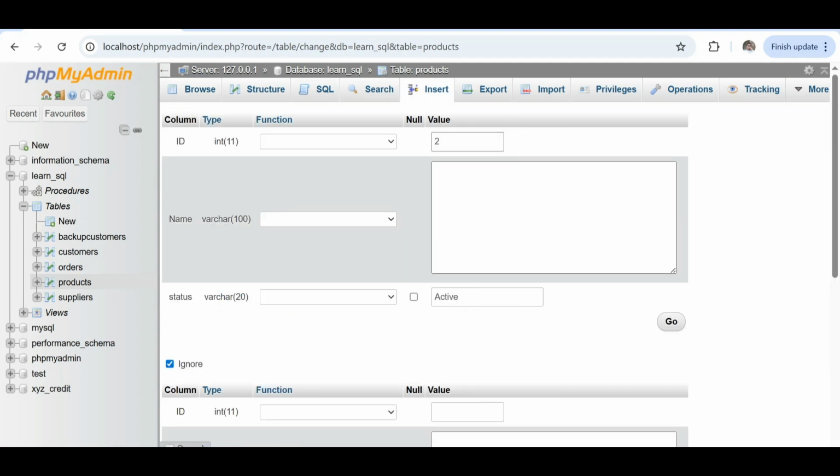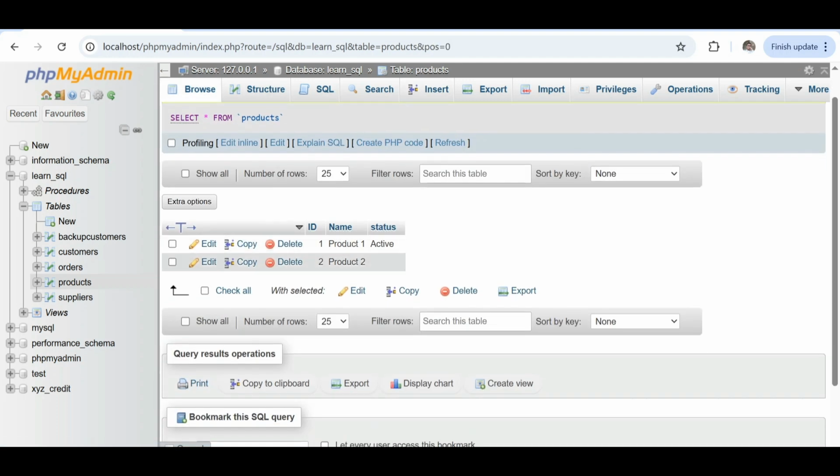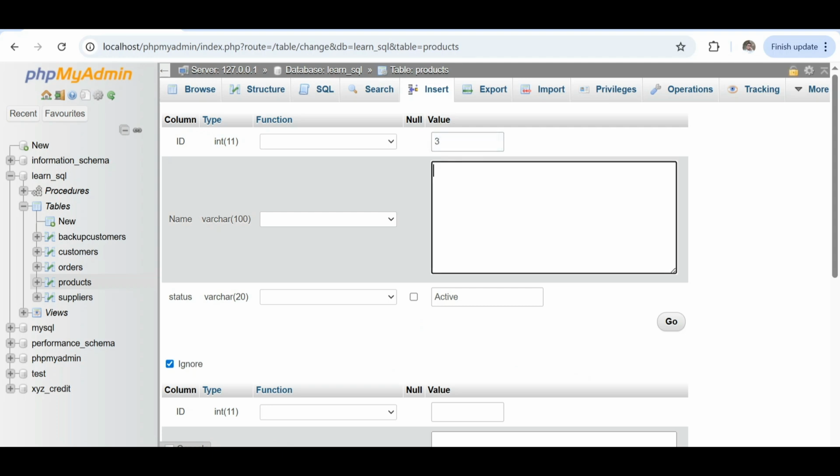Okay, I will try, and nice, this is the default value, product 2. What if I set it as an empty string? Oh no, status. Maybe I will try again, product 3.